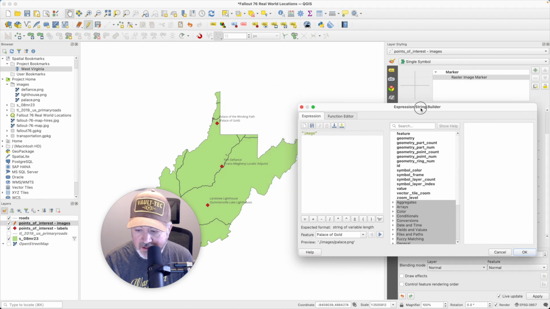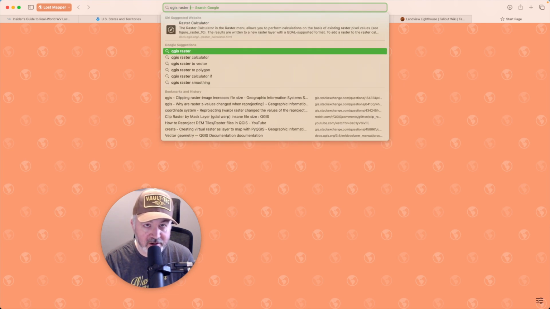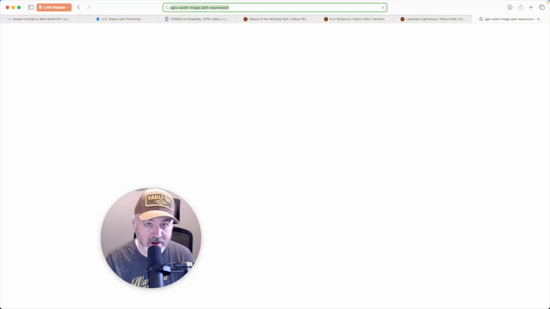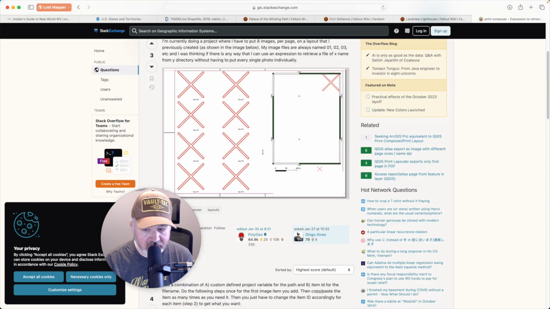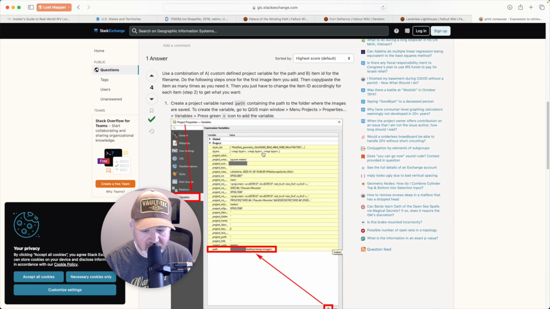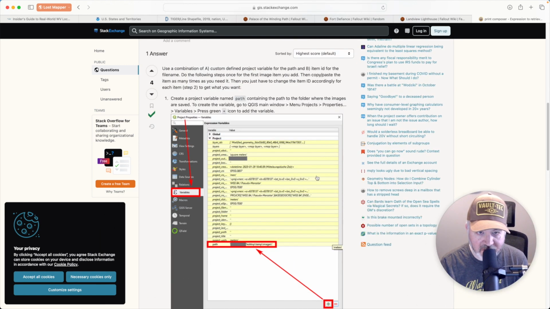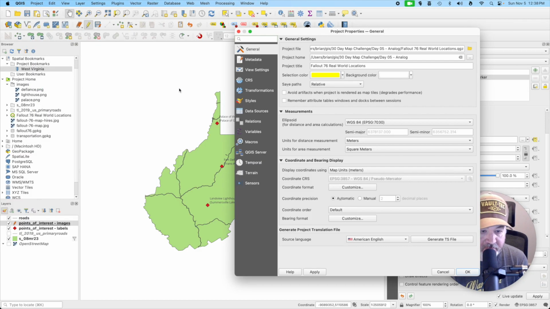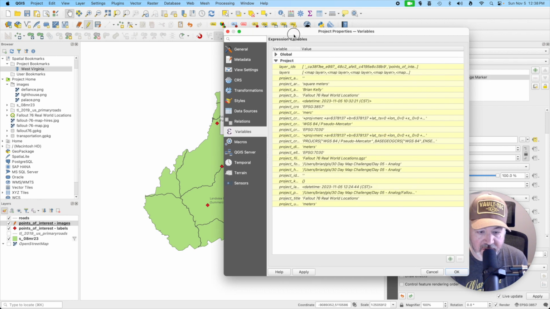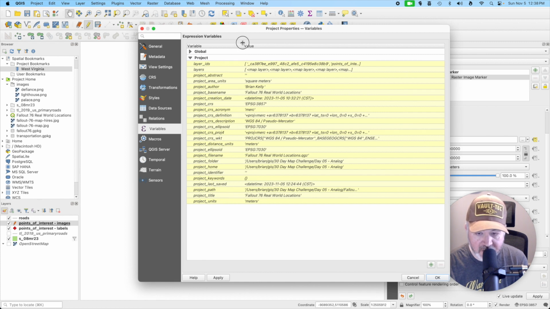Edit. Oh, let's do QGIS raster image path expression. Here's one recent expression to retrieve image from local directory. Variable. All right. Maybe I add a project variable and then add them together. Project properties and variables. Well, there's project folder. Okay, so why don't I try adding project folder